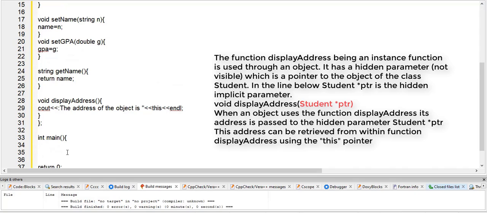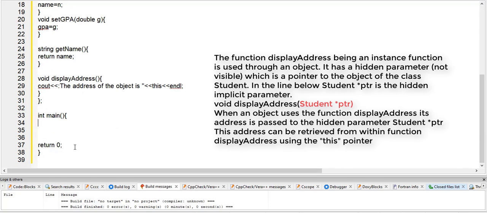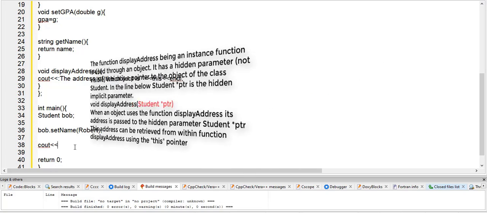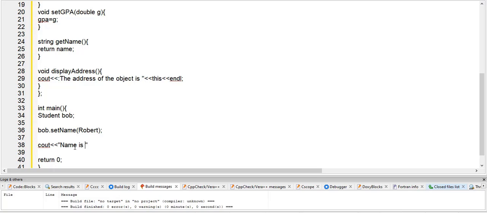Right, so here what we can do is we can create an object of the class student. So we can call student Bob. Right, and we can say Bob dot set name Robert. Right, and so far this is stuff that we've already seen. So if you run this program, you want to see the name, so you can say display the name. The name is